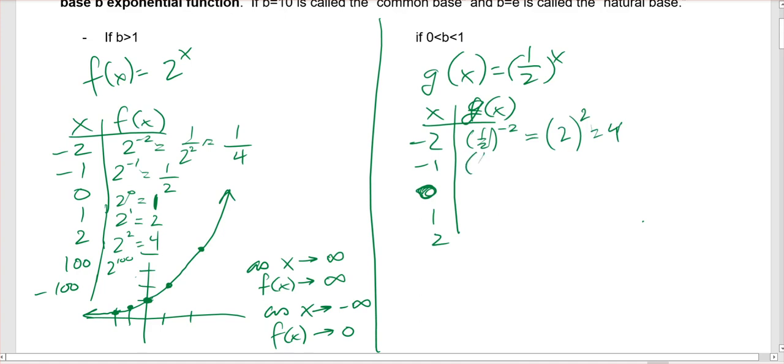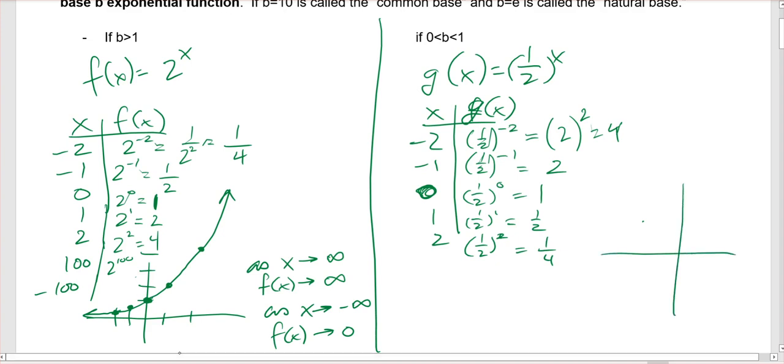Okay, -1, I'd have 1/2 to the -1 power. This is just 2 to the 1. 1/2 to the 0, that's just 1, because anything to the 0 power is always 1. 1/2 to the 1 is just 1/2, and then, excuse me, I keep writing my x value in there. So we got 1/2 to the 2, this is 1 over 4. So we can do the same thing with our little picture here that we did on the other side. -2 goes with 4, -1 goes with 2, 0 goes with 1,